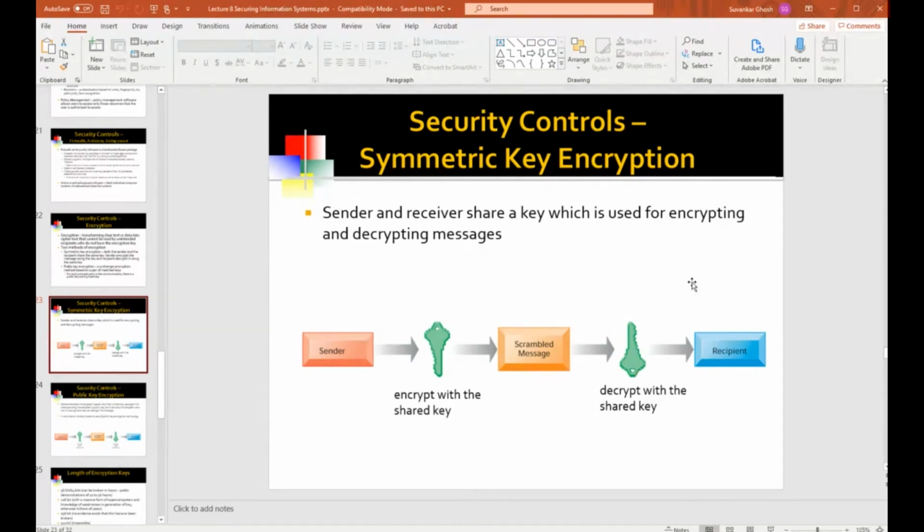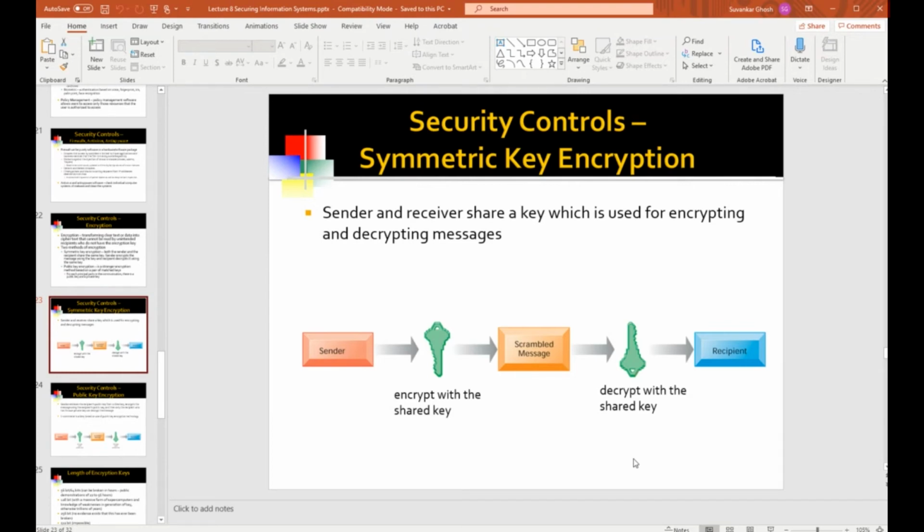And I was saying that the weakness of symmetric key encryption is that the sender and the receiver have to have the same key. Once they have the same key, then a secure channel has been established between the sender and the receiver. Because once they have the same key, the sender can send all the messages and other information they want to send, encrypted using the password, using the key.